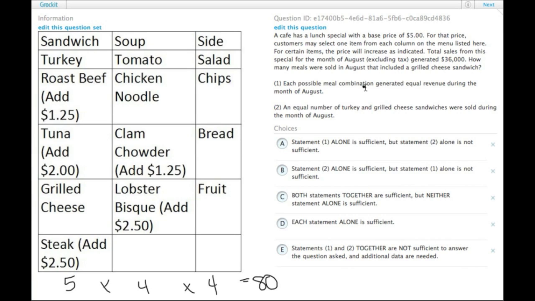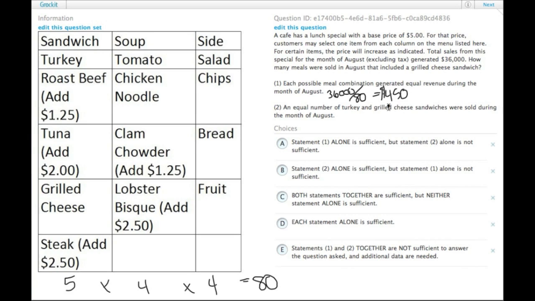Statement 1 tells us that each possible meal combination generated equal revenue during the month of August. What this allows us to do is take the 36,000 and divide it by 80. Doing so, we end up with each choice, like turkey plus lobster bisque plus salad, each one of those choices generated $450,